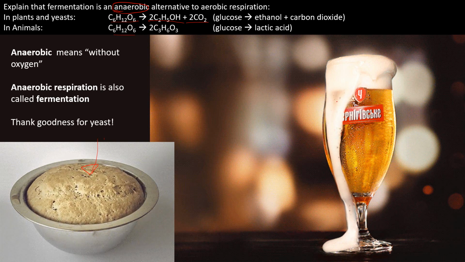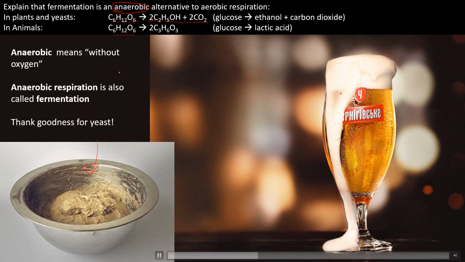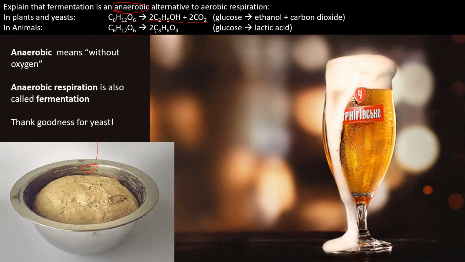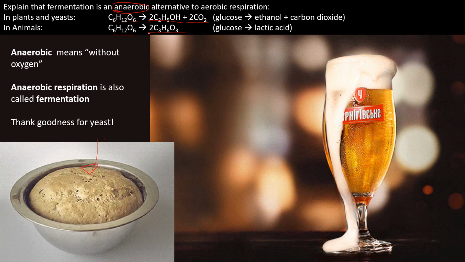Over here, the beer as well. Okay, so when you brew beer, you've got yeast in there as well, and that yeast breaks down the sugar that you're brewing, often malt sugar, and it turns it into ethanol and carbon dioxide. And that's where you get bubbles from beers that have been brewed in the bottle. In animals, we thankfully do not make alcohol when we exercise, or we would not be able to do much exercise, would we? Instead, humans make, and other animals make